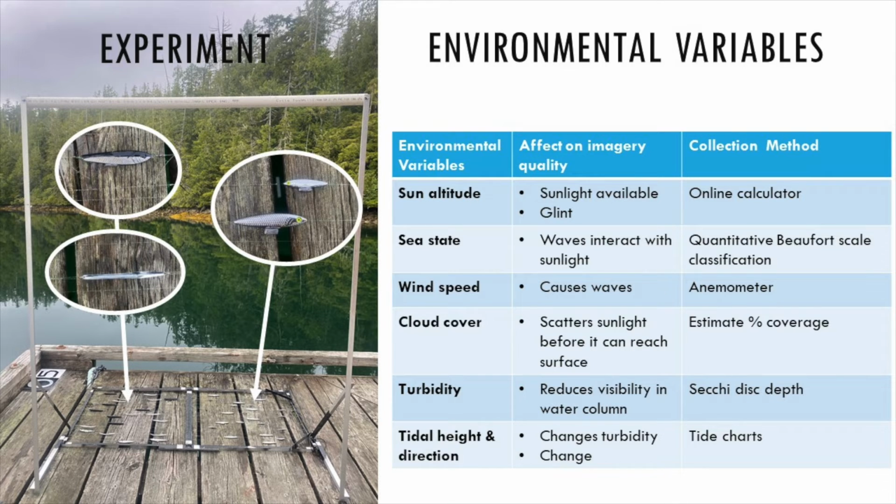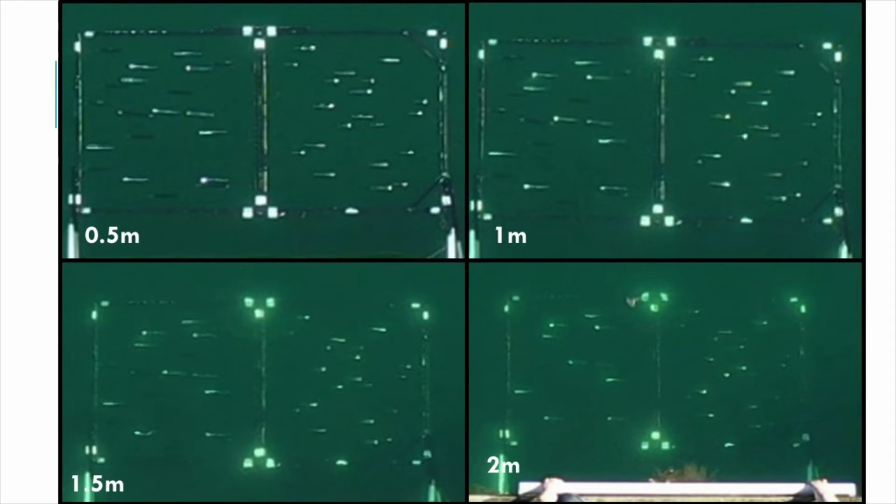light into the sensor. For every sample, I recorded these environmental variables: sun altitude, sea state, wind speed, cloud cover, turbidity, and tidal height. For each sample, I looked at the video and counted all the fish lures visible at